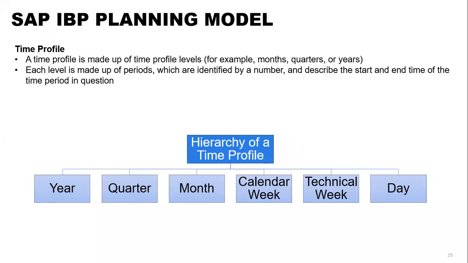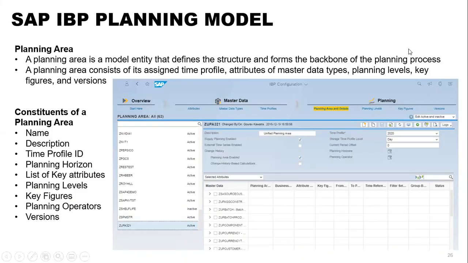Once you create attributes and the master data, then the time profile, then you can create the planning area. So it's just a combination of master data type and the time profile. Just save it. Now on top of the planning area, this is an old screenshot,